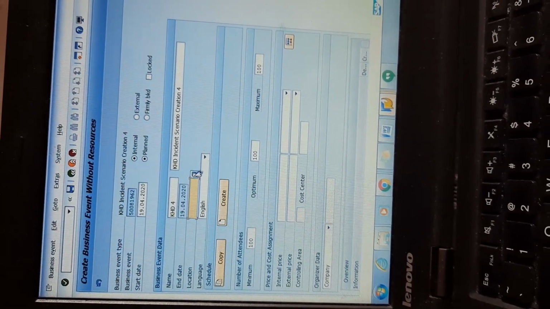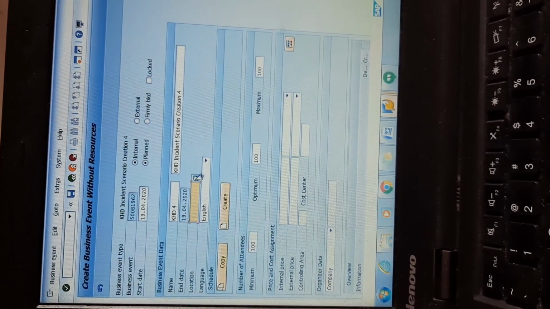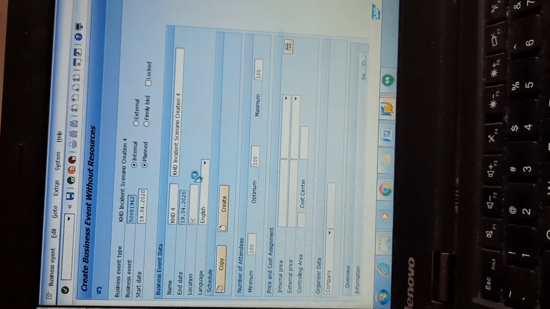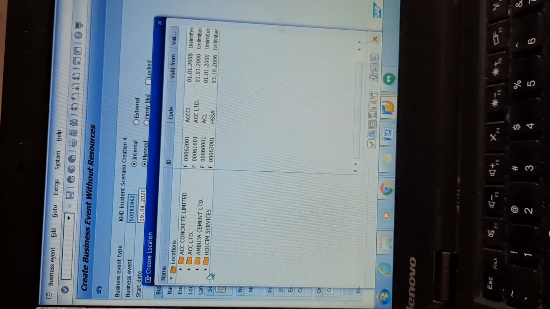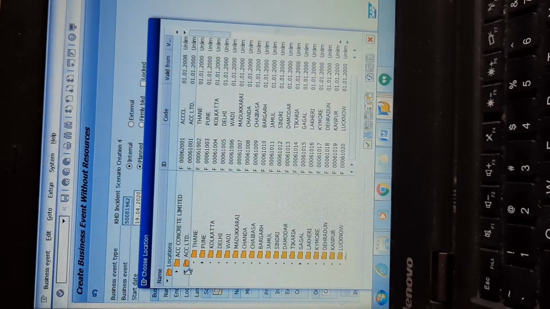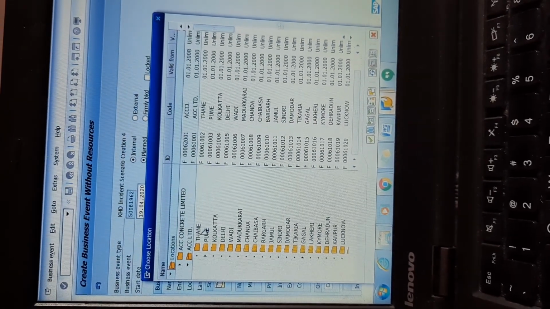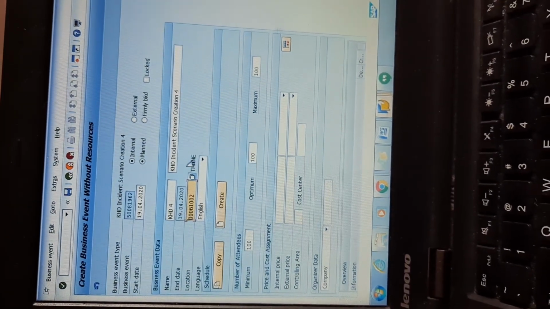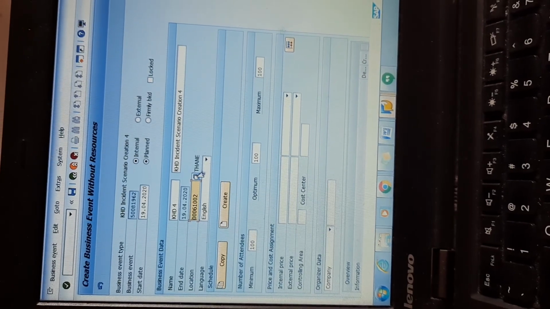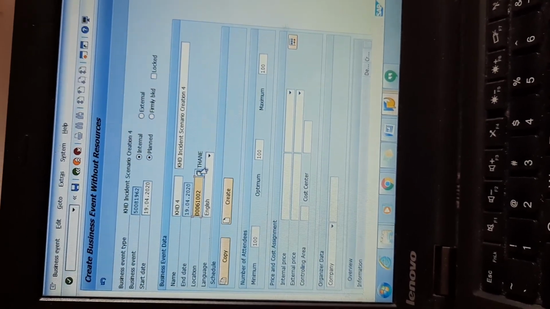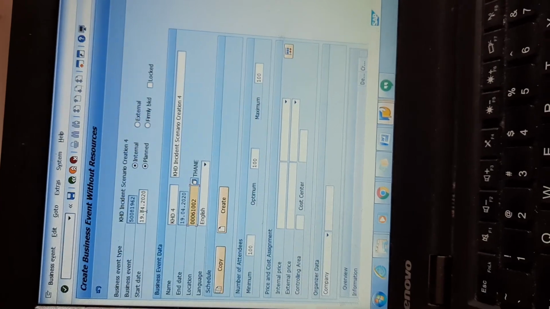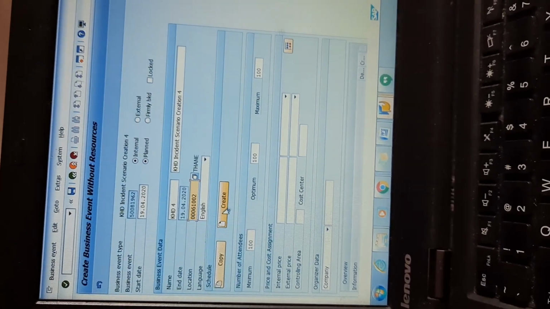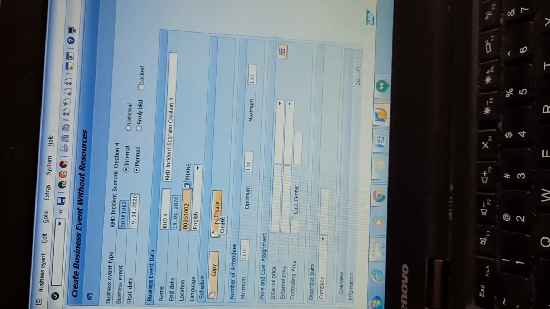For choosing a location, I know it is Thane. But as a coordinator, as a new person, you will have to click over here and you will get n number of locations. See, Thane. I'll just double click this, and you will get that code. You need not remember anything, you have the whole directory easily available. I know the training program is on the 19th and this program was 2 hours in a day. Let me give one more example.